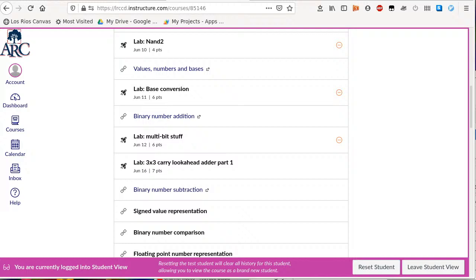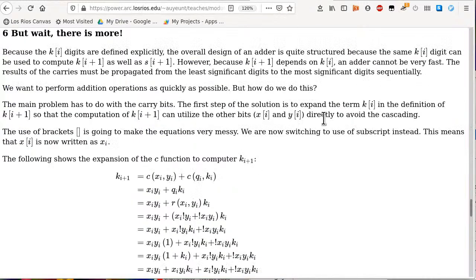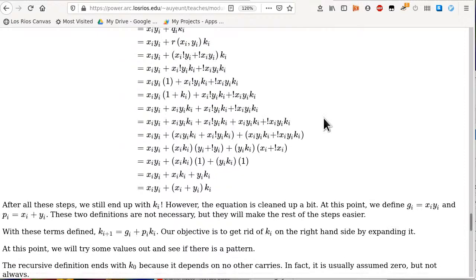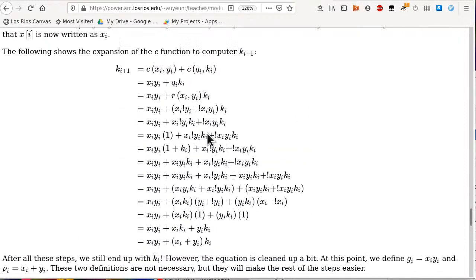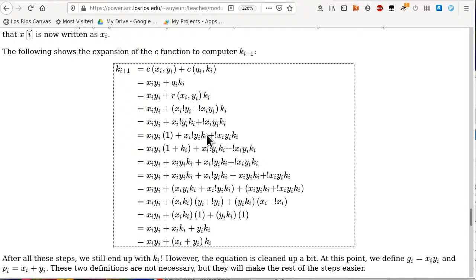And it's time. Okay, so let's go ahead and get started. I'm going to go back to this particular section in binary addition, where the real discussion of carry look ahead is located. So we'll look at several key pieces of this particular note here. The first big piece is this one here. Okay, there's a lot of